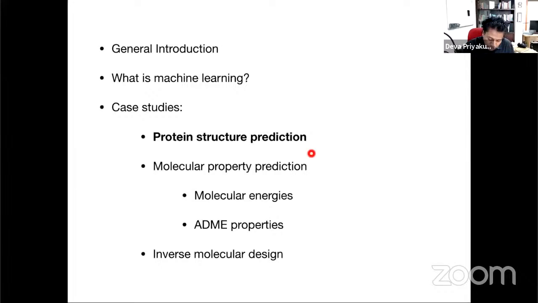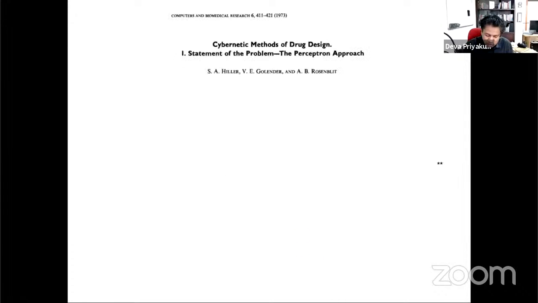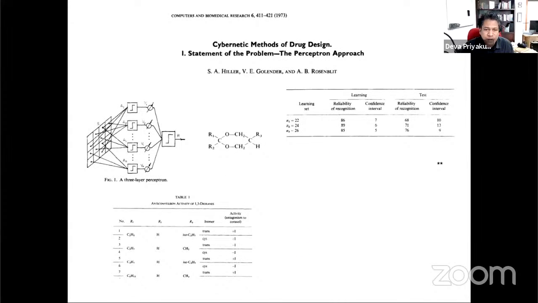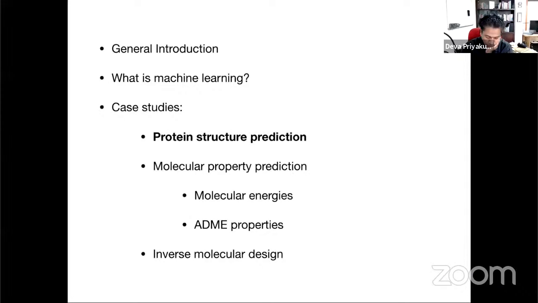Okay, so with respect to case studies, what I wanted to say from this slide is that it's not very new in terms of application of AI methods in drug design. People have been using it for a long time, especially in computational drug design, using methods like SVM, random forest, linear regression, and even shallow neural networks. People have been continuously using it, right? Okay, so let's look at some case studies.